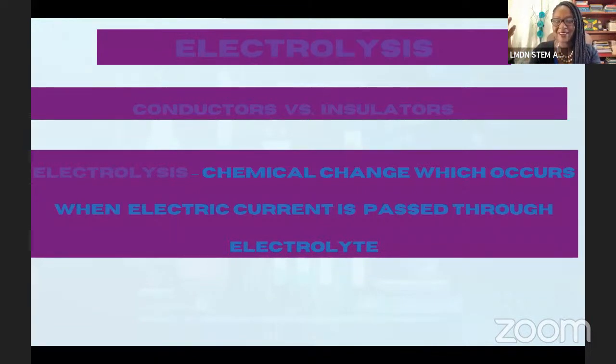Because as I mentioned earlier, when we talk about electric current flowing, it's really the flow of charged particles, right? So it's the flow of ions, it's the flow of electrons, and that's how we get the electric current flowing. So just remember that, because we're going to come back to that idea: you can have molten sodium chloride or aqueous sodium chloride, and the way that electrolysis proceeds in both those cases is very different, because of the charged species that are available. So just to bring it back around, if you have an ionic crystal that's just in its native state, it's just fixed.